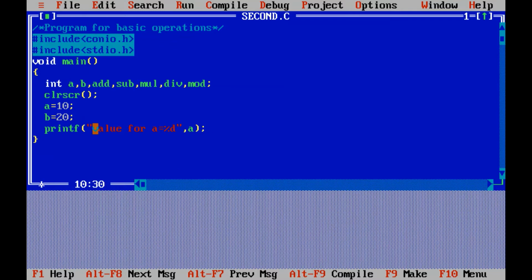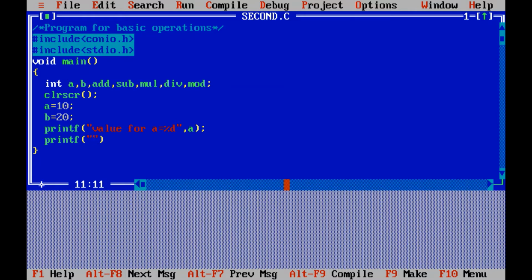So I'll get the output like this: value of a equals to, and after the comma the variable a, whose value is 10, so that 10 is going to print over here. Then I'm going to print the second value for b, so I'll use a second printf.